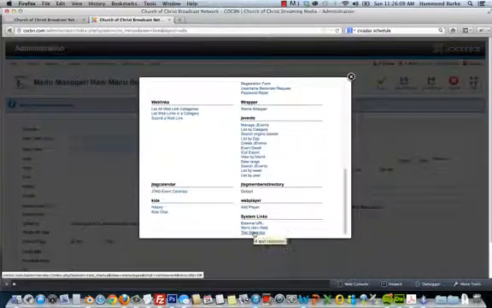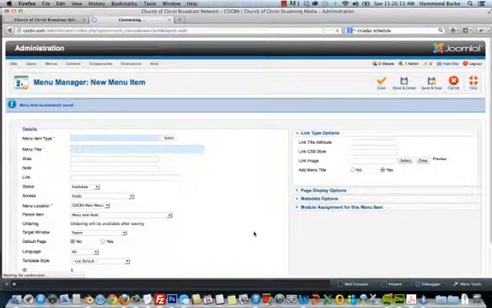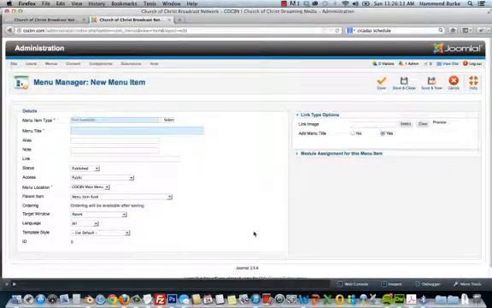We're going to click Text Separator, and what that does is Text Separator itself is not a page, it's not a link, it just simply is a heading for menu items to be added underneath it. We're going to call this Support. And we're going to save,